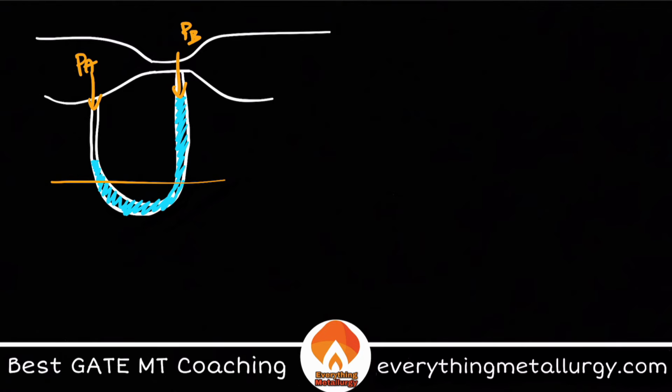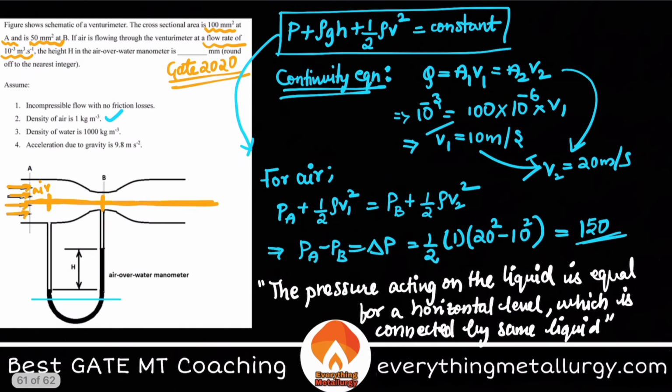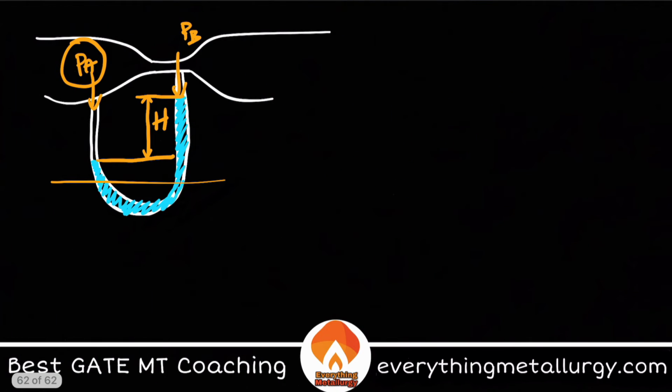Now what can I write apart from it? Apart from it, I can always write, along with PA, what is the other force that I have? I also have this much amount of liquid above the particular height level, correct? So even that is required for us. Before proceeding, I just want to also give the delta H, or H, which we have to calculate. See, this height is what we have to calculate, right? So that is H. Let me take this small height to be small h.